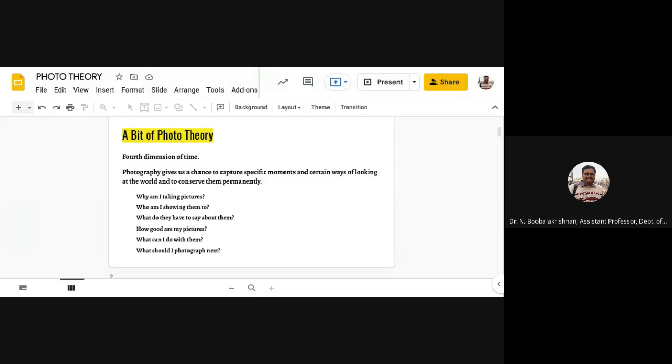How good are my pictures? What can I do with them? And what should I photograph next? With these questions we will find the answer for why we are capturing photographs. Any idea?